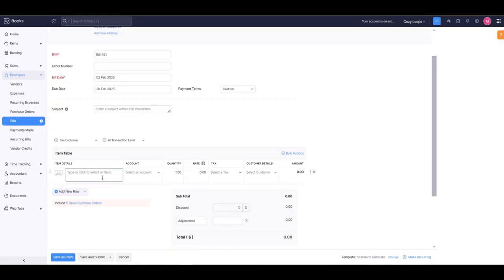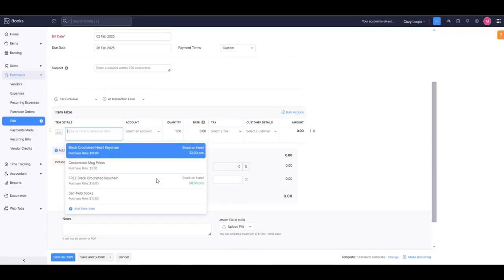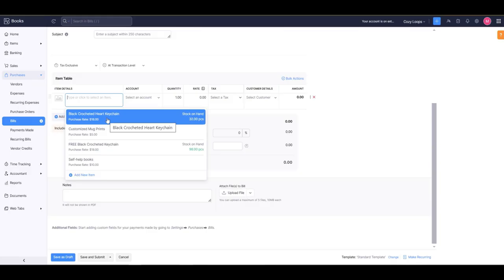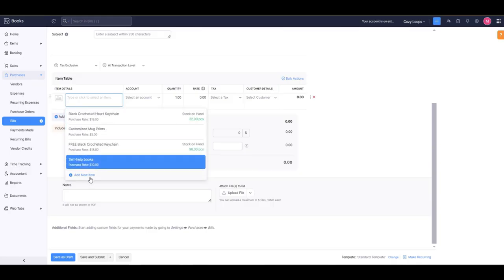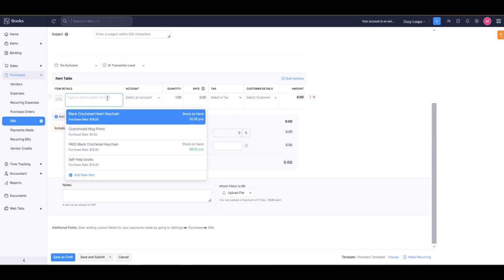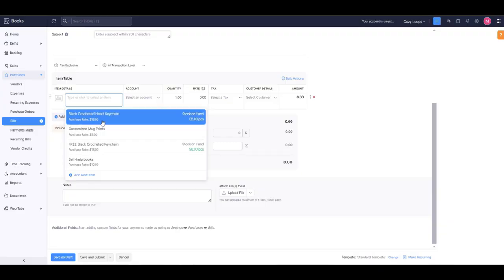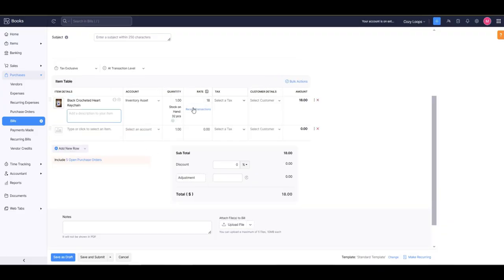Now let's select an item. Here are the list of items that we have added for our vendors. If the item that you want to select is not yet here, you can just click here on this new item or just directly type it here and it will be automatically added into your item records. So for this case, I'm just gonna select this item and I'm going to change the quantity to 50